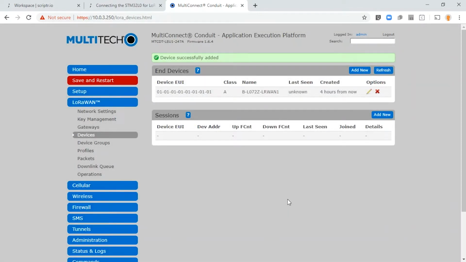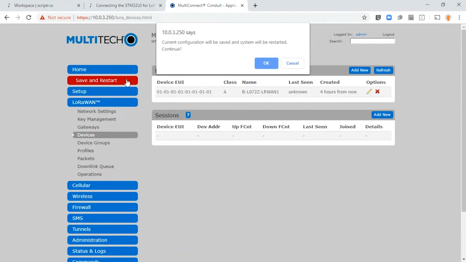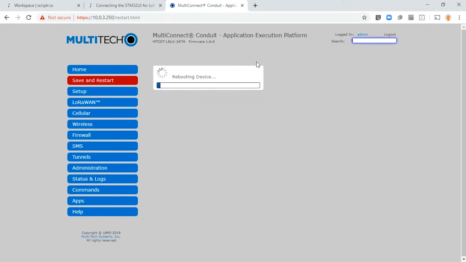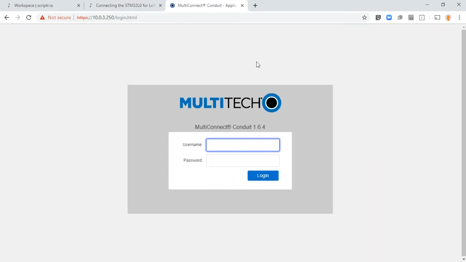The LoRa settings are now saved. Click Save and Restart for your changes to take effect. Click OK to confirm. The reboot process will take a couple of minutes. Once done, the window will reload and you will be redirected to the login screen. Log back in